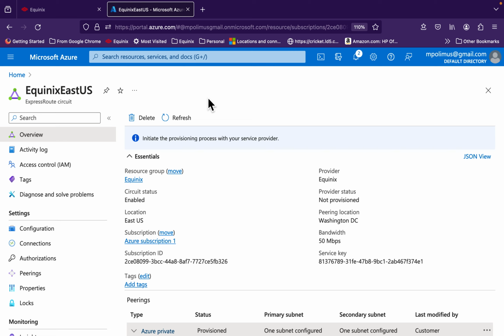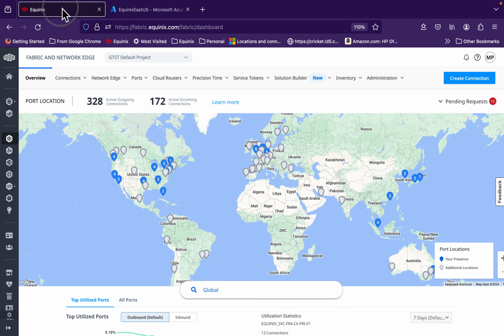And our peering location is our Ashburn/Washington, D.C. campus. You can see that detailed here. You can see here this message that I need to initiate the provisioning process with the service provider, that being Equinix in this case. So in order to do that, I need to grab the service key for the ExpressRoute circuit, and so I'm just going to do that now. I'm going to copy that, and now I'm going to jump over to the Equinix Fabric portal,